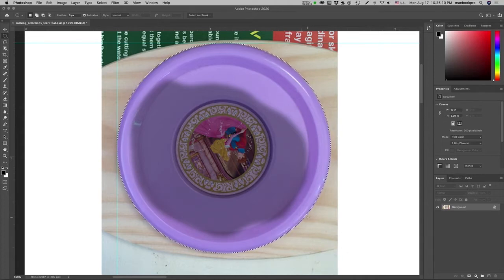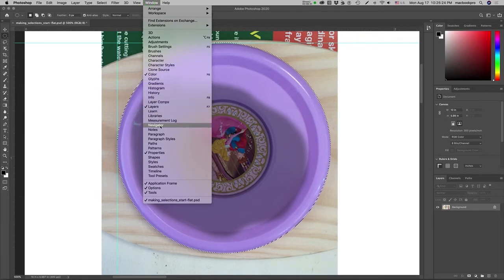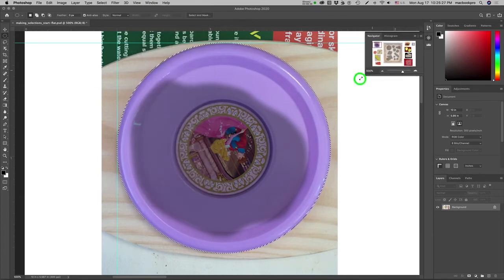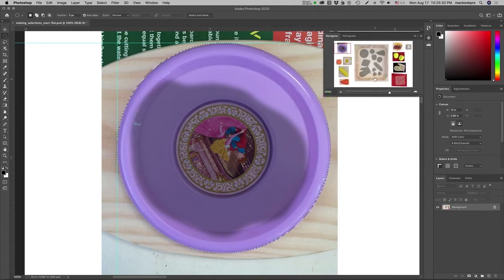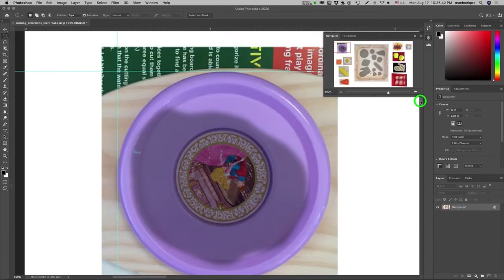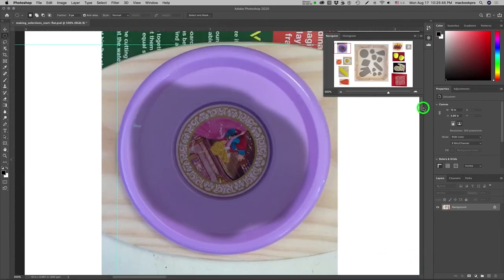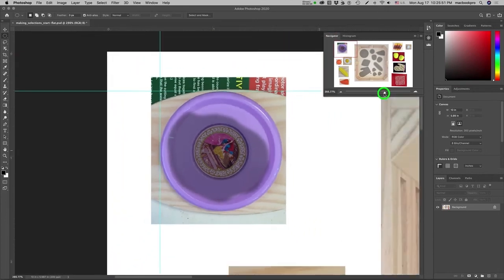Once you have this selected, we're going to be moving it to a location inside the crate, but I can't see it right now because I am zoomed in so much. So I'm going to open up, in the Window menu, the Navigator. Now the Navigator allows me to zoom in and zoom out on objects. Right now this red rectangle is demonstrating where my rulers are and where my scroll bars are on my left and right. So if I move my scroll bars, you can see that it moves. So I'm going to zoom out of this. To do that, I can move this slider outward,